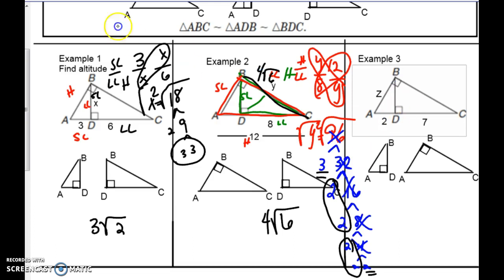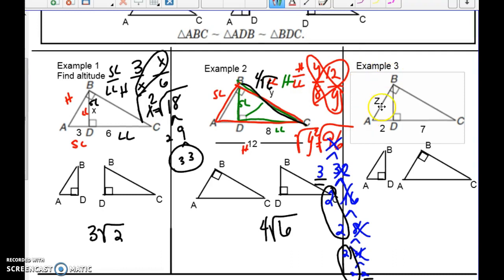I want you to try example 3. So on example 3, the hard part about these problems is that you really have 3 different triangles you have to look at, right? And deciding which one you really want to use. So right here, if I look at the small triangle, then I have the hypotenuse and the short leg. If I look at the other smaller triangle, all I have is the long leg, correct? But if I look at the largest triangle, then